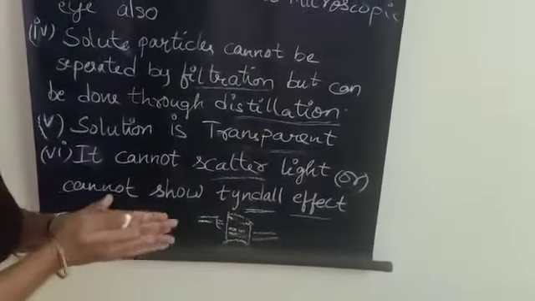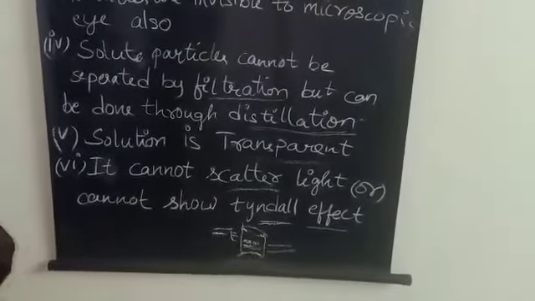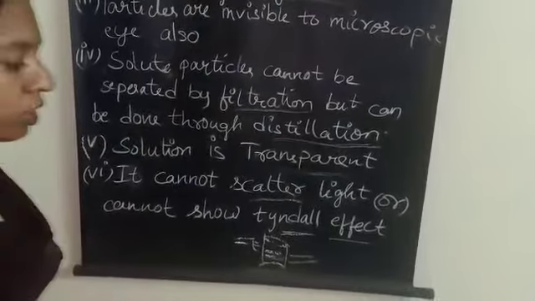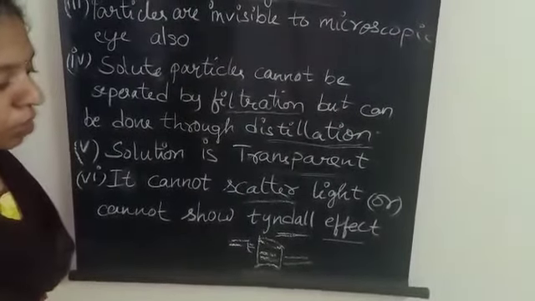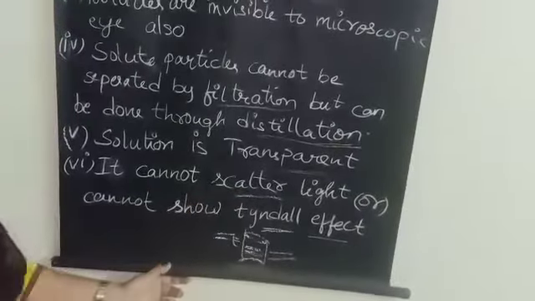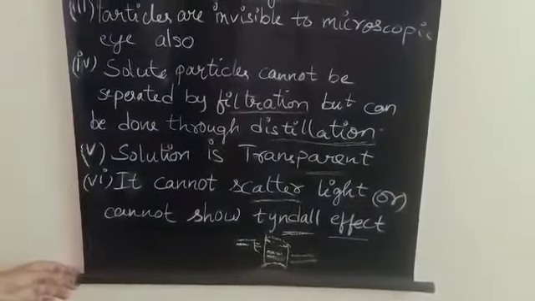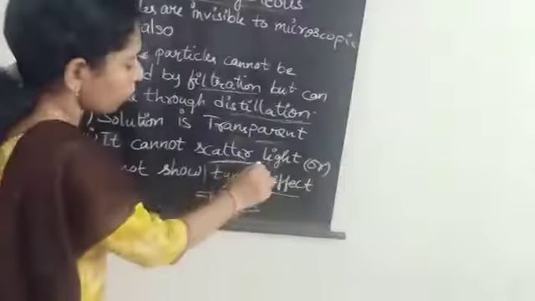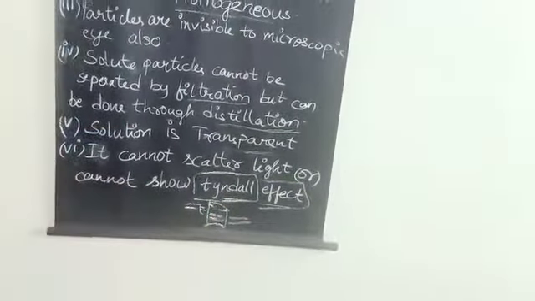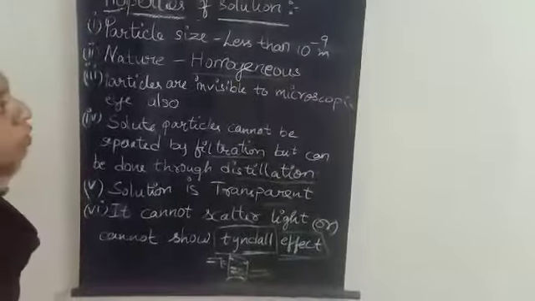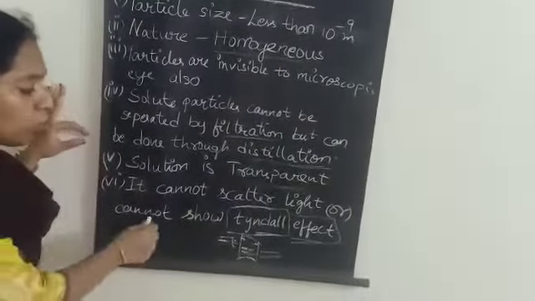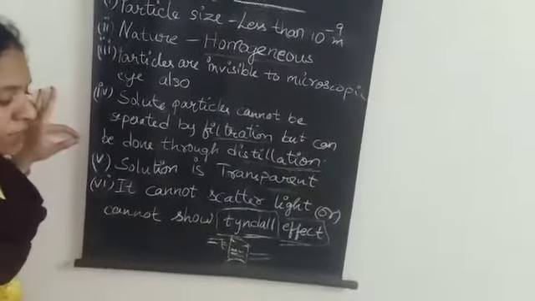Okay, scattering means deviating the paths, distribution of the wavelengths into different colors. So you know VIBGYOR, or no? That is also due to the scattering of light. Okay. So scattering of light and the Tyndall effect is one more important concept. In detail we will learn. So for now we are going to concentrate on the remaining properties. What you have to understand is that solutions cannot scatter the light.